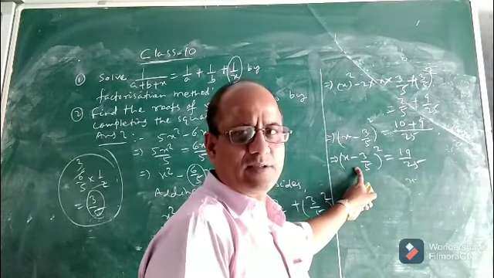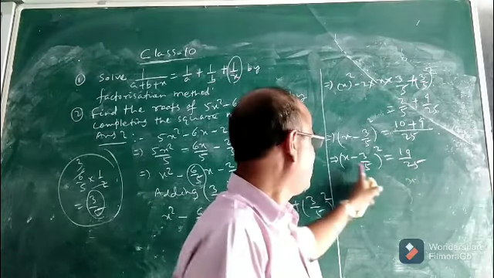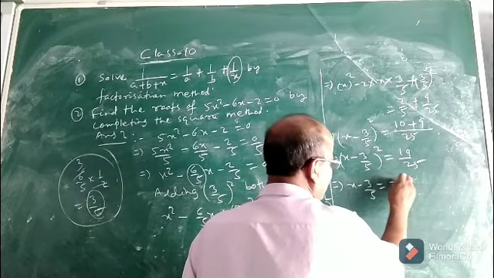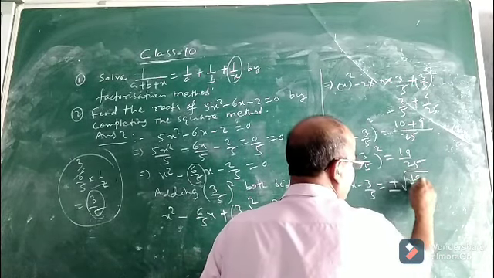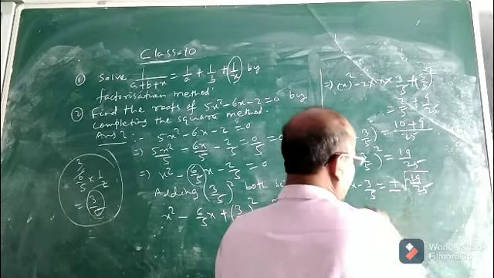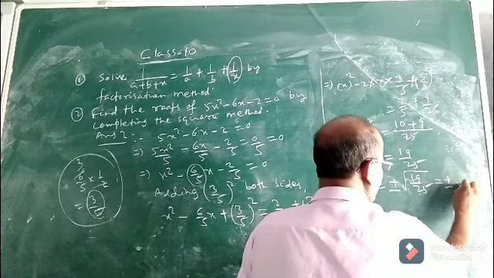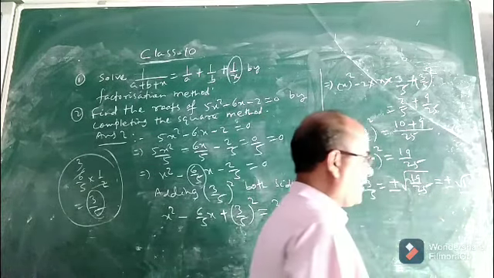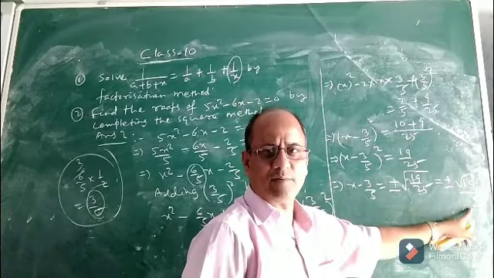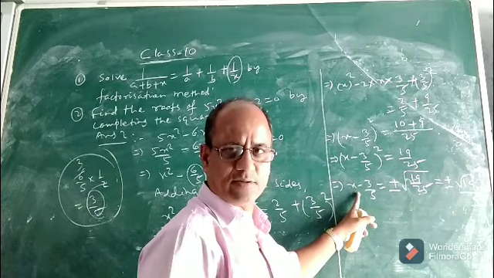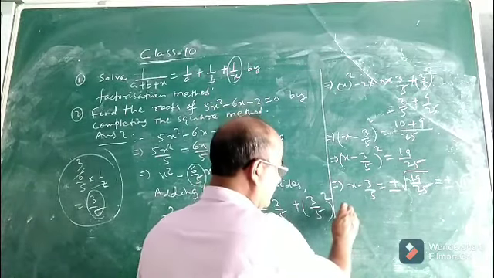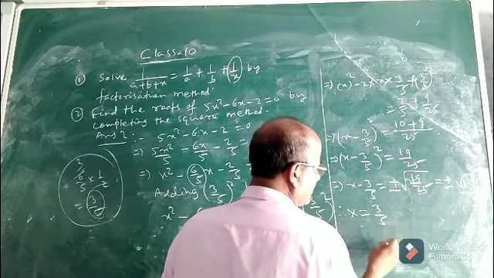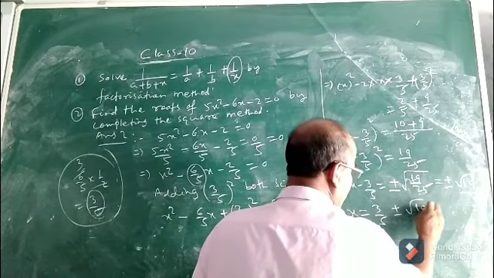Now the square of x minus 3 by 5 is 19 by 25. So what will be the value of x minus 3 by 5? Therefore x minus 3 by 5 will be plus minus square root of 19 by 25, that means equal to plus minus root 19 by 5, because the square root of 25 is 5. So this is the value of x minus 3 by 5. Now we can easily find the values of x. Therefore, x equal to, take this one to the right hand side, here it is minus so it will become plus 3 by 5 plus minus root 19 by 5.